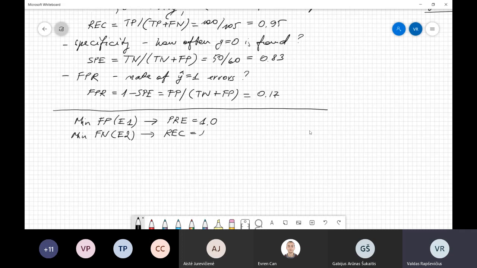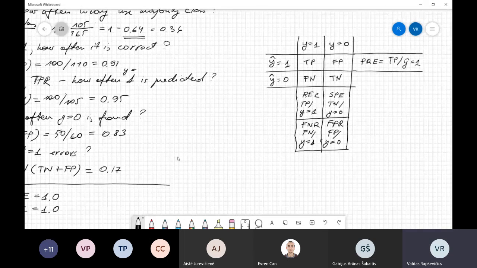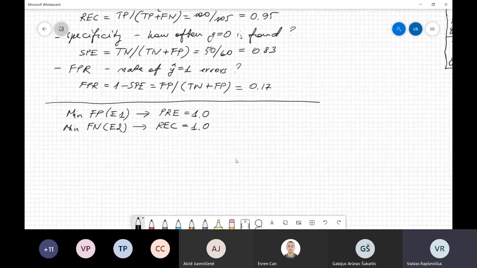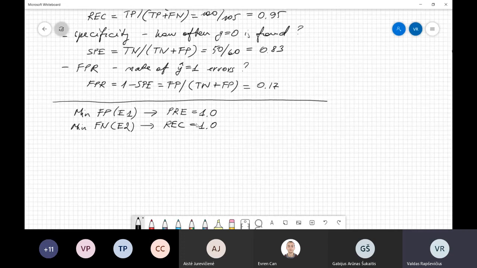To maximize recall and get 1 for the recall, right? So these two errors need to be minimized. And this actually gets into a contradiction, because these two have a balance, and you need to define which one you would like to minimize. Because this is a threshold between these two metrics, we need to define somehow how to use them correctly,